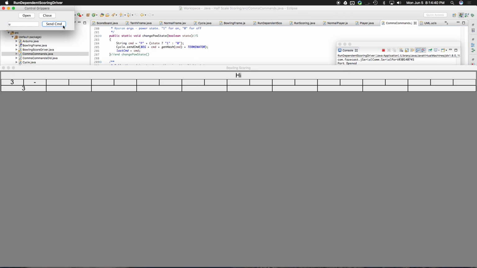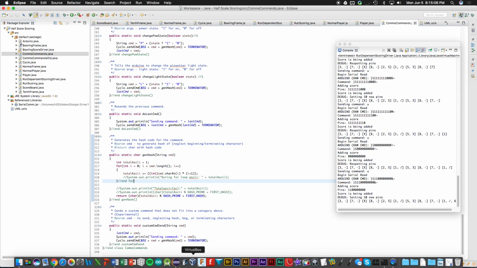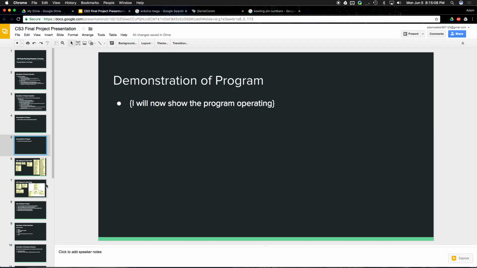So I'm just going to fill in this. Yeah, as you can see, it started with a 3- again. I didn't seed the random, sorry. So, taking care of the spare there, and it got the score of 99. So now that gives an idea, and this is just the debugging window where I can send commands. So now that gives an idea of what my program does,